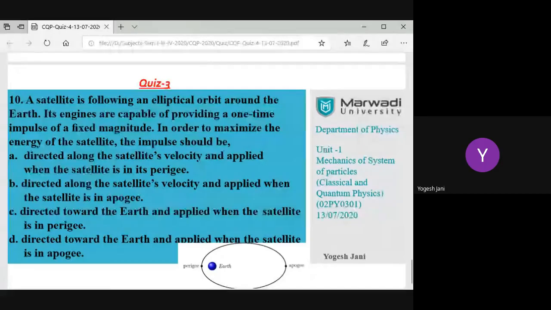But the question was here. If you can hear me properly, I will just speak out the question. It is a satellite which is moving around Earth, and we know satellites go some more distance and less distance. More distance is apogee and less distance is perigee. So when the satellite is moving, then what happens? There we would like to give maximum energy.